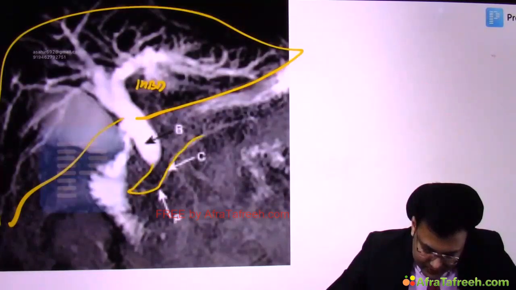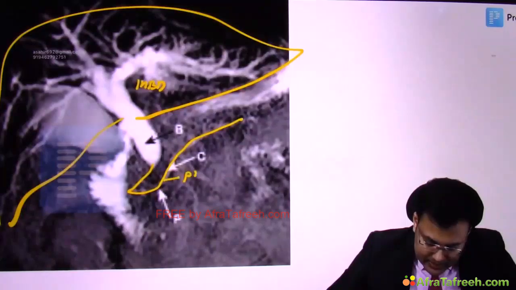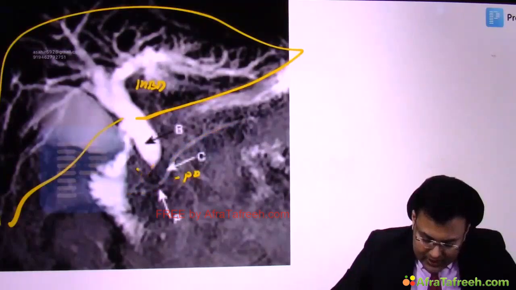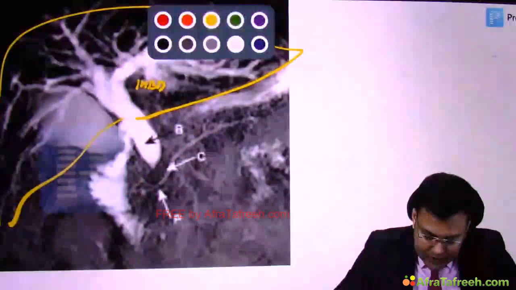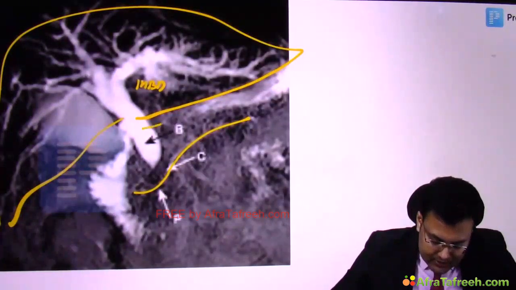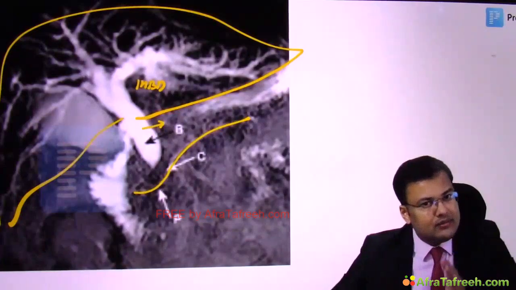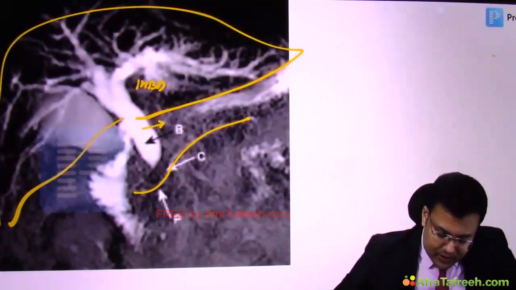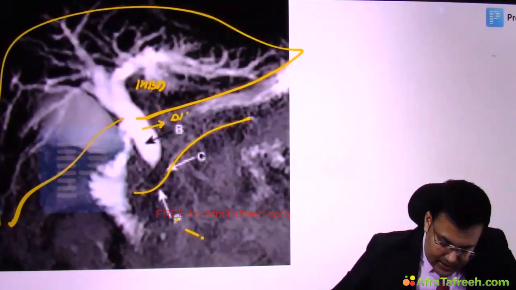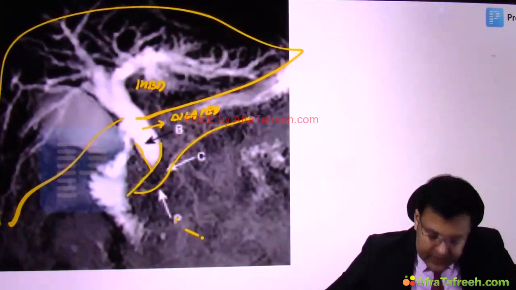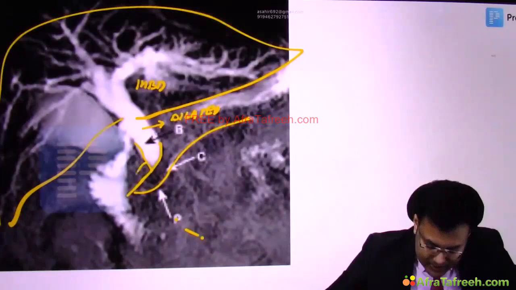Now here you can see that this is a duct. So you can see that this is the pancreatic duct and this is the bile duct. Now what you are going to notice in this MRCP is that the proximal part of the CBD is dilated. And after that, you are going to notice that there is abrupt narrowing. Clear? So since there is abrupt narrowing, what's the problem? Here, there is